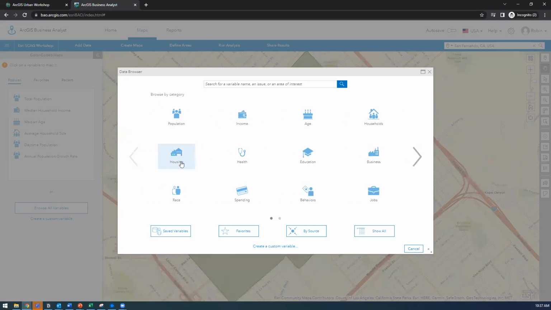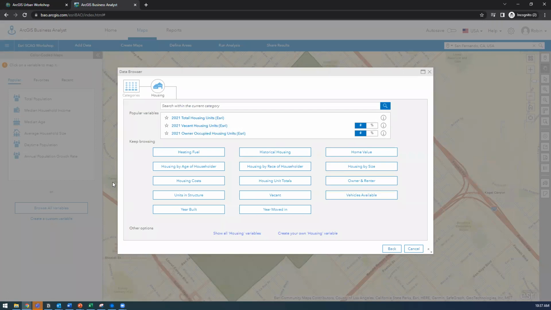If I click on housing, for example, we can see even further breakdown of all of the housing variables that are available. We have three popular variables, and if we want to keep browsing, we can go more in depth on different housing statistics and variables available. One thing I want to point out is that in parentheses of any variable listed, it will give the source of the data. For 2021 total housing units, in parentheses, it says Esri. That means that this data set is coming from our Esri data team. And so